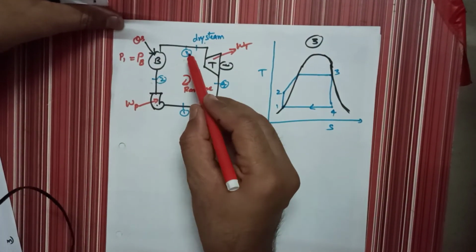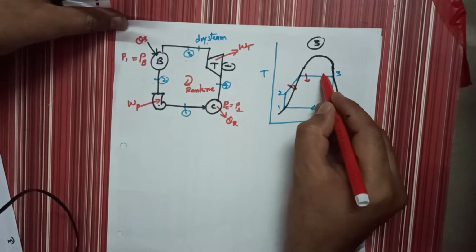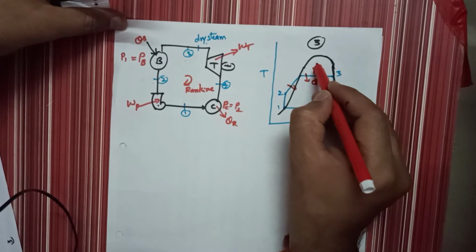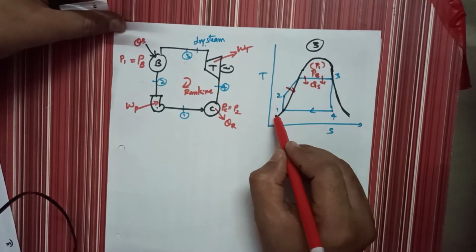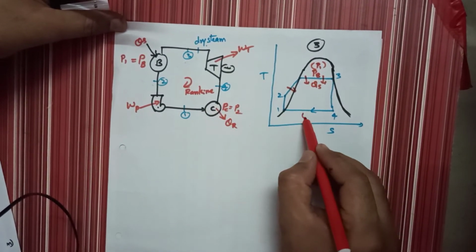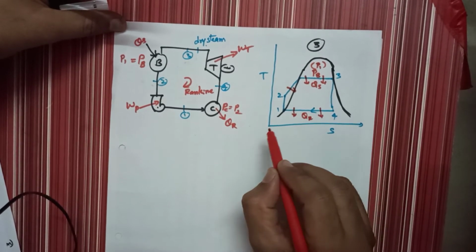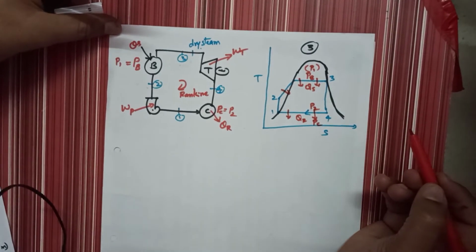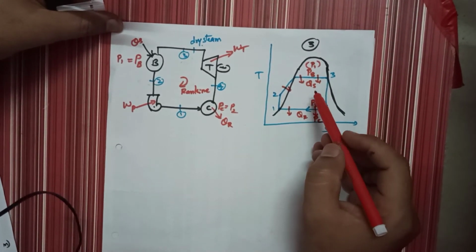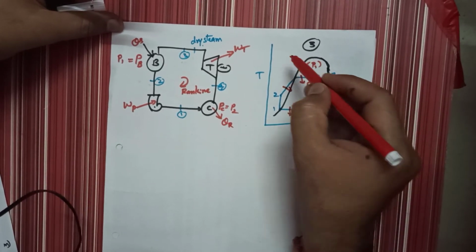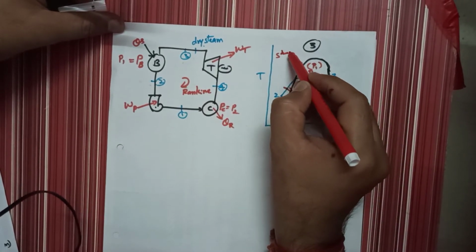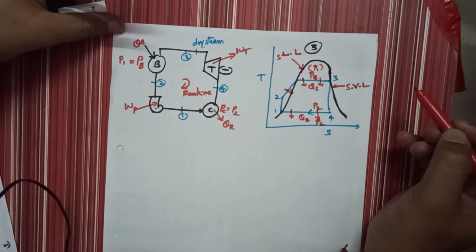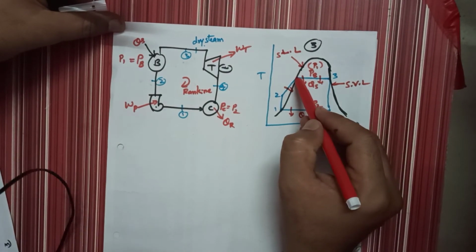So 2 to 3 is heat added. I will write here QS, or boiler pressure, which can be P1. So 4 to 1 is heat rejected. This is QR, heat is going outside, or you can write condenser pressure, or you can write P2. Okay, and dear students, as I told you in the previous class, what is the name of this line? Saturated liquid line. And what is the name of this line? Saturated vapor line. Okay, and this is the liquid line, nothing but water.